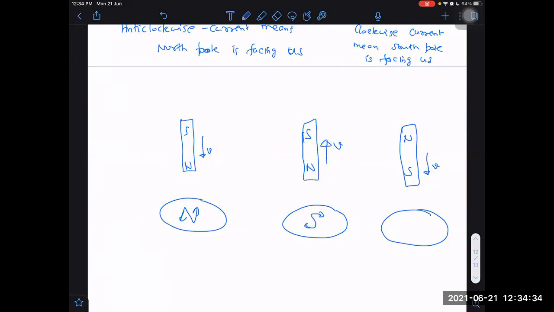If a south pole is created, what will be the current in the loop? Current in the loop will be in this way. North pole is created in this way. Understood now how the current will be induced? Yes, sir. This is induced current. It is not already flowing. It is just induced because of the motion of the magnet. Therefore, we say there's an induced EMF here.